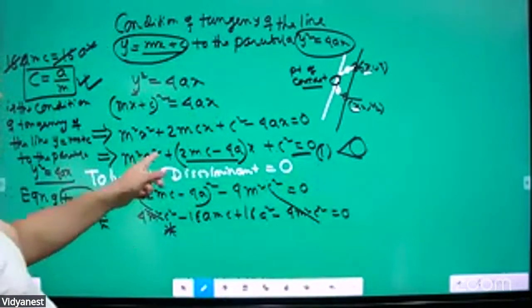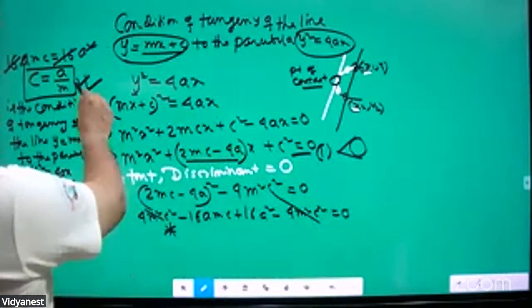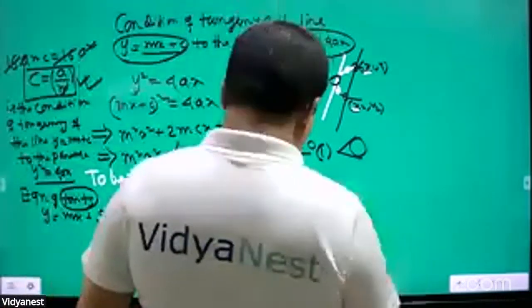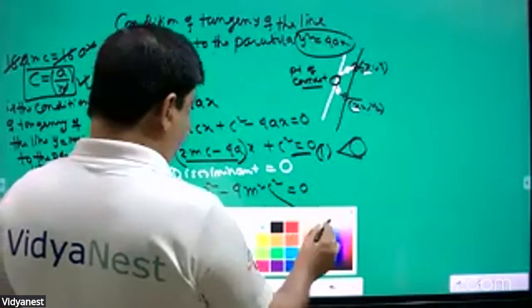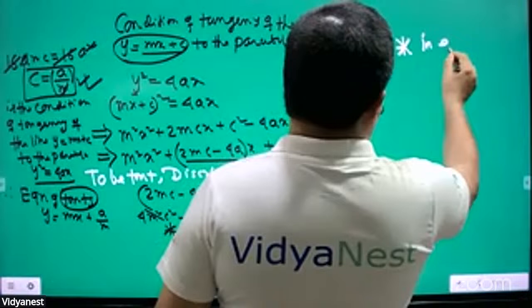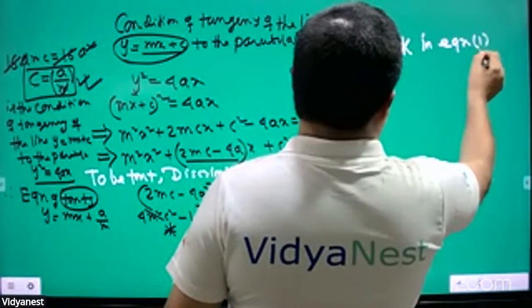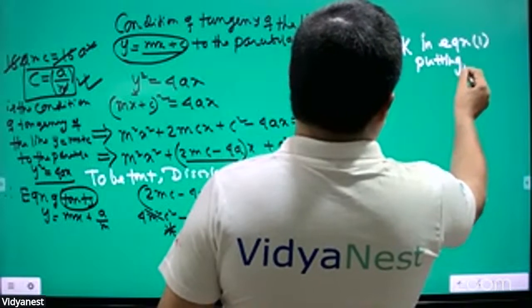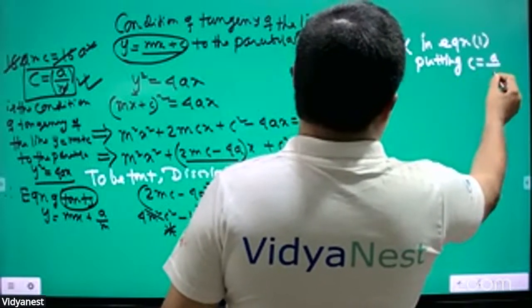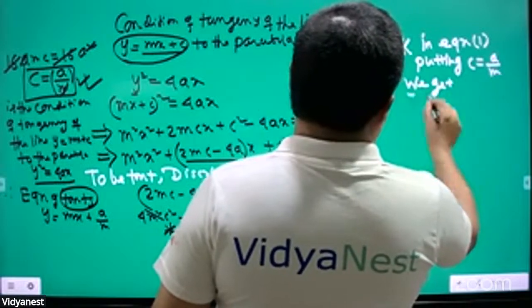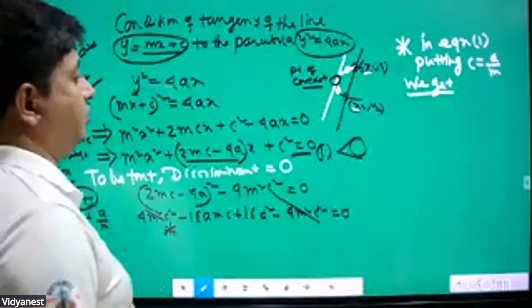In equation number 1, that c is equal to a by m will be plugged in. Putting c is equal to a by m, we get, you see,